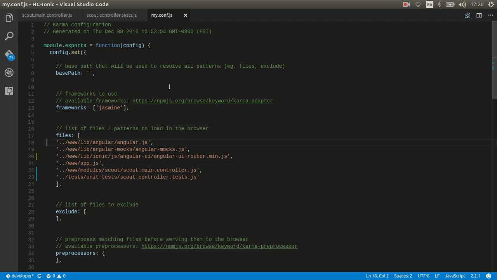So we have to keep only Angular mock. We have to add Angular router, app.js, and because I'm testing Scout, I have to add the Scout main controller and the file with tests, Scout controller tests. So everything else is the same. So return to